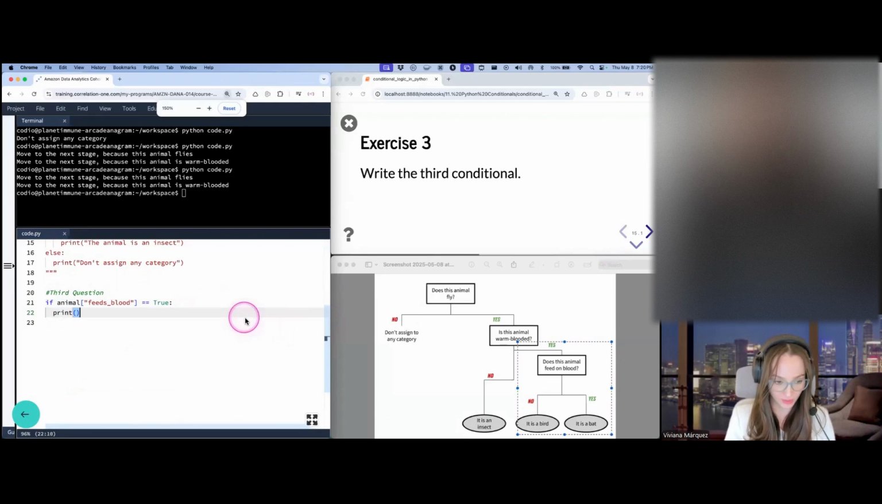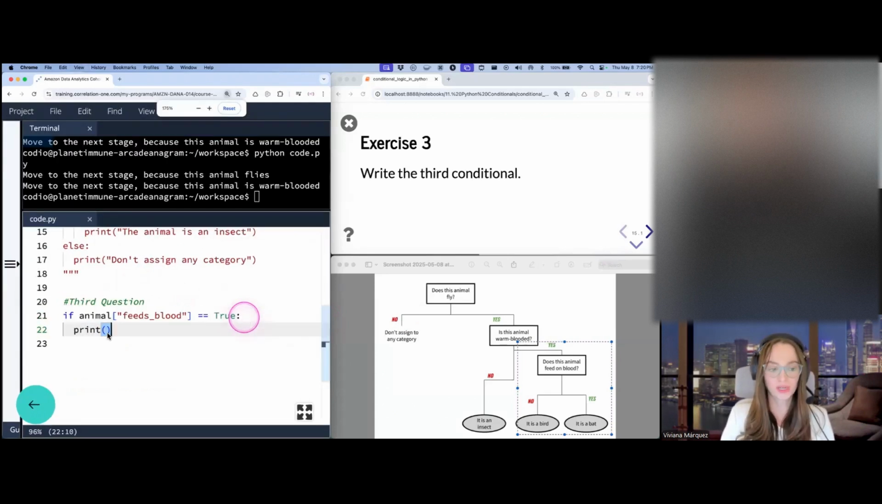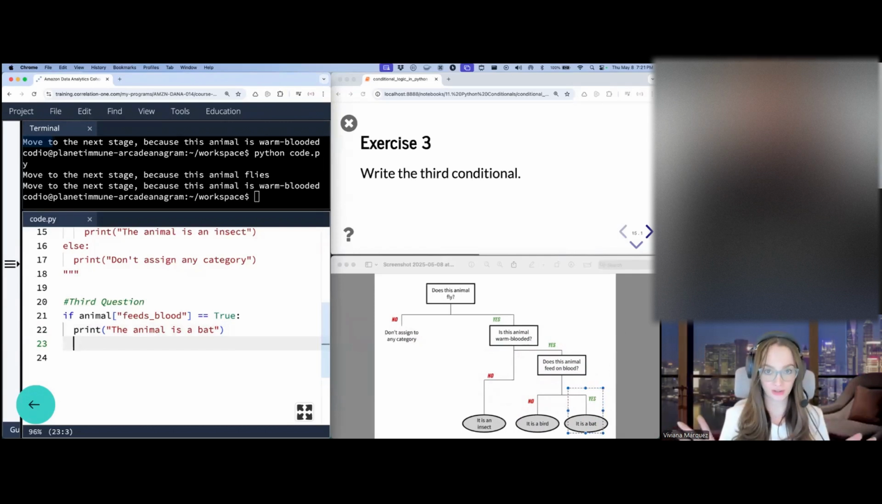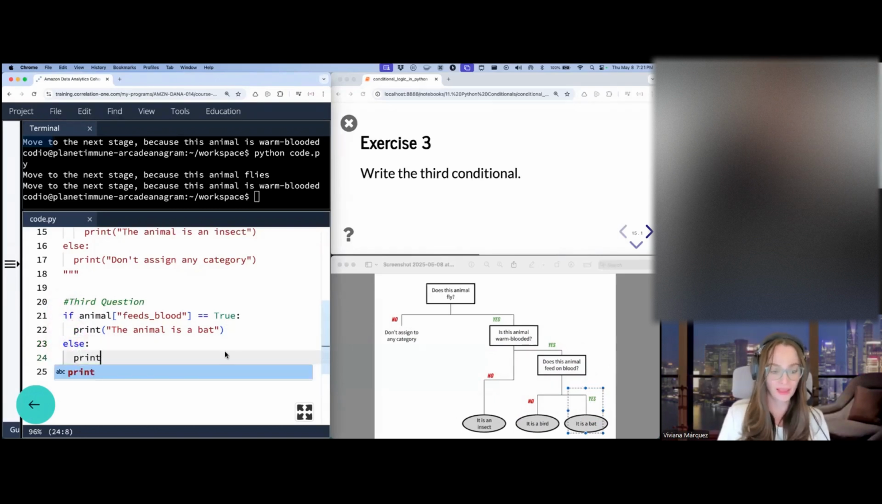Let me make this bigger so you can see the screen better. So print, the animal is a bat, because if it feeds on blood, it's a bat. Else, but notice what is happening here. I'm hitting enter, but I know I'm done with my instructions for the conditional. So now I'm gonna get rid of that indentation. So my else is at the same level as my if. Notice that they're at the same level. So else, colon, very important, don't forget the colon,